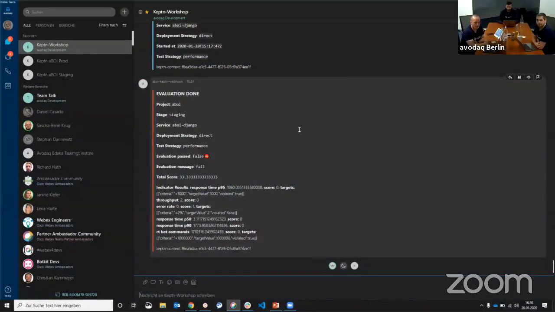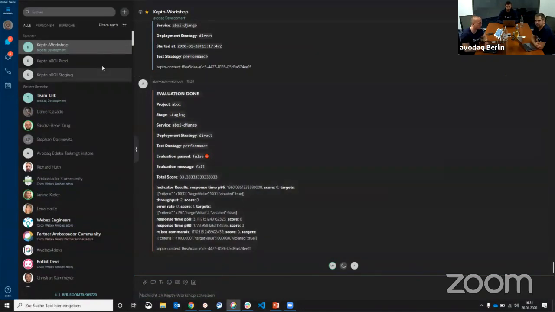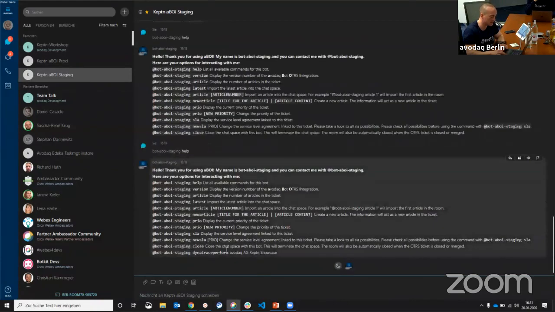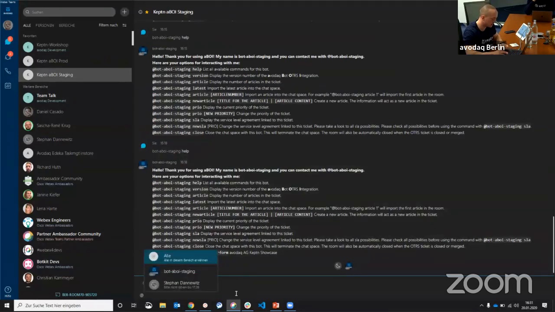As you can see, we got another Keptn event. As you see, the evaluation did not pass. Thanks, Victor, for unmuting me. As you can see, what Andreas described, the test took place in the background, and it didn't pass. So what should actually happen in the interface? If we are looking in the staging environment, the command should still be available because it was a direct deployment. We will figure this out in a sec.